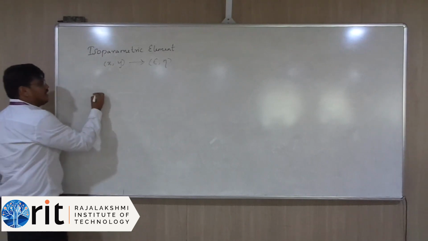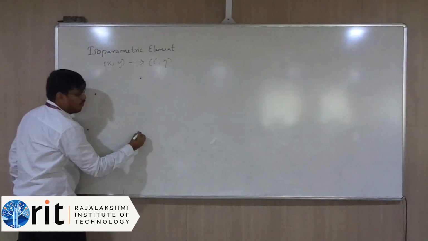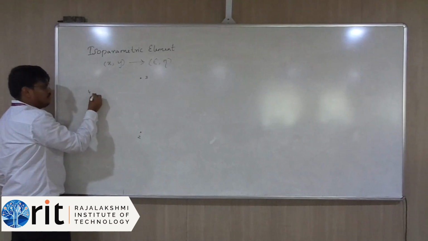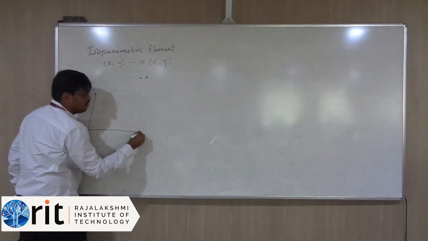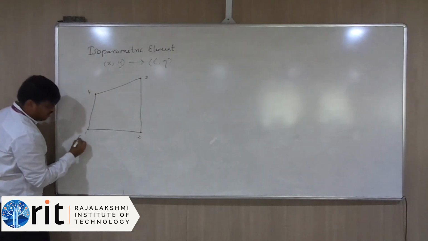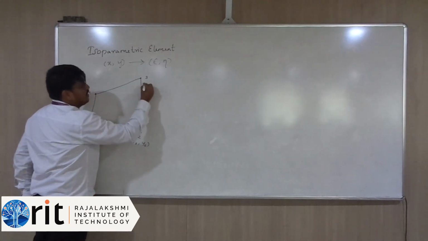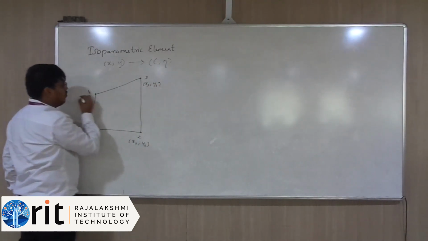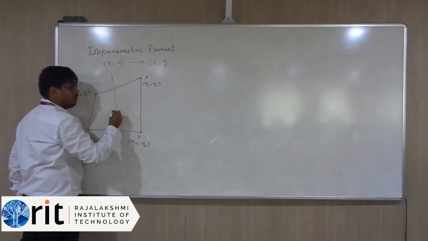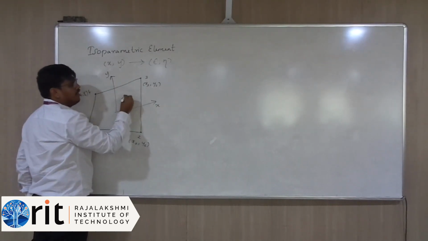This is a 4-noded rectangular element. The rectangle may also be in the shape of a quadrilateral. So I am taking the nodes 1, 2, 3, 4. This is my element, in the Cartesian coordinates. That is, the nodes are represented as x1, y1, x2, y2, x3, y3, x4, y4. It is in the xy coordinate. We can consider any point P inside the